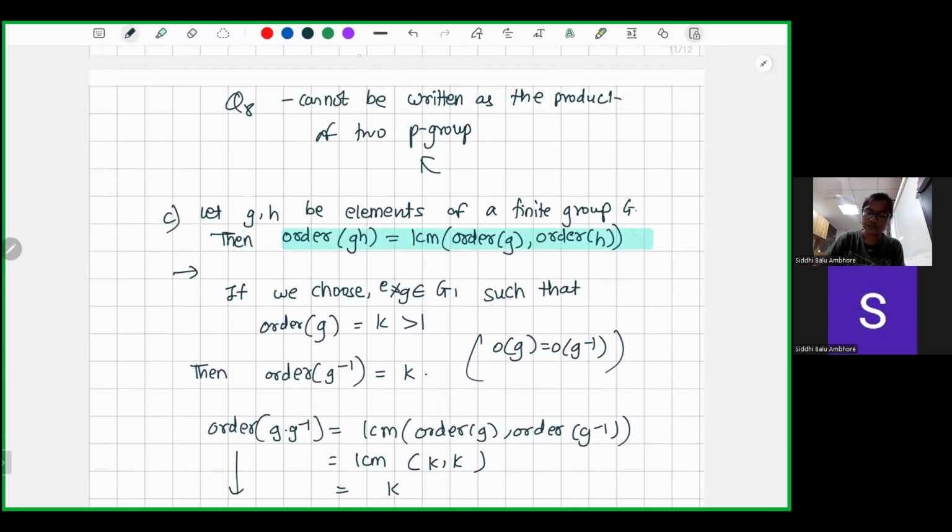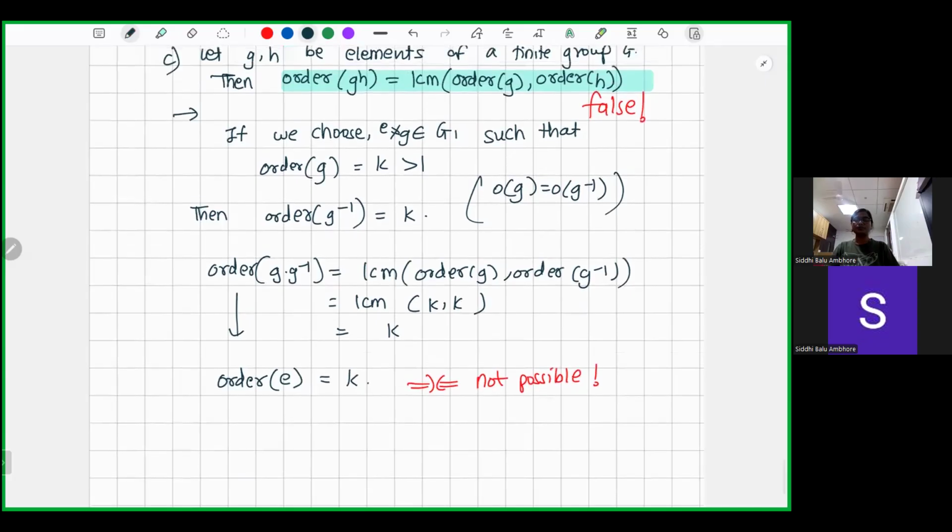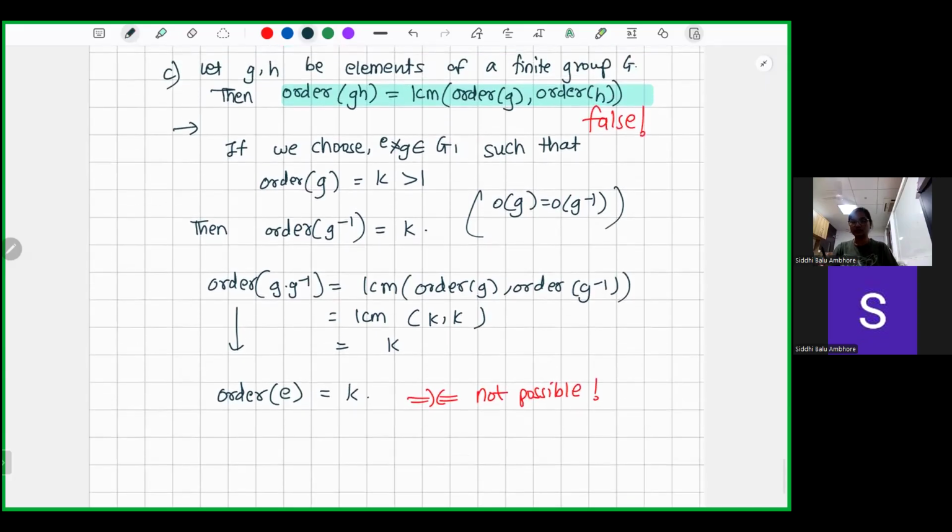This is not true. And this is the logical argument which we can do with this given statement. Other than that, what we can do is you can just take any finite non-abelian group,